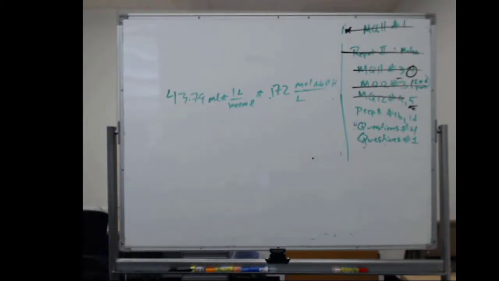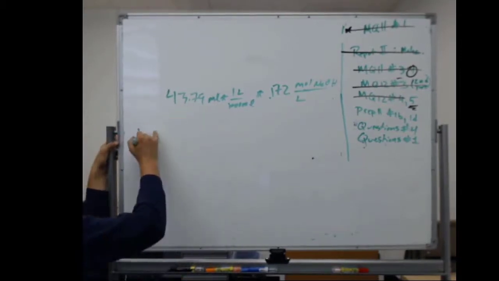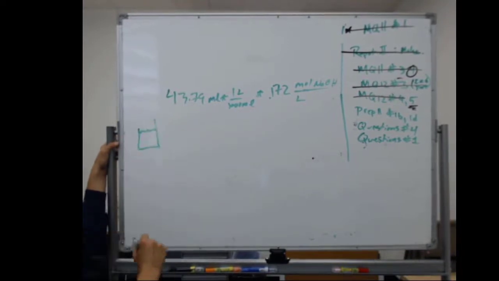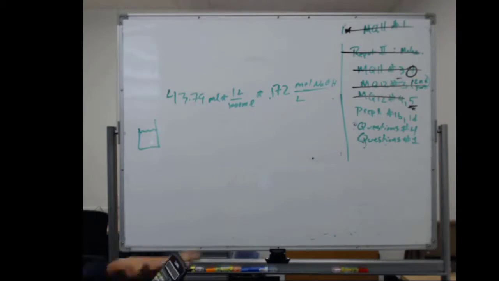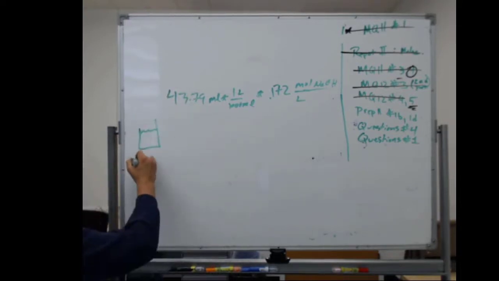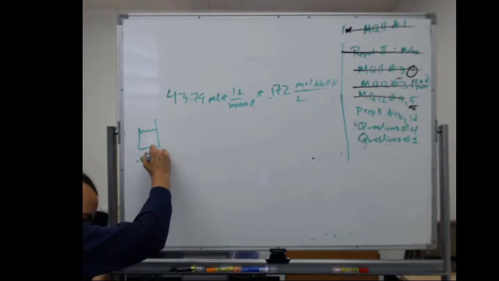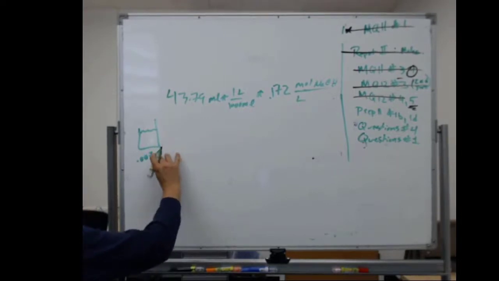This will give us how many moles are in a container, and we're going to have a visual to go along with it. I've got this container with a specific number of moles in it, and we're going to calculate that specific number of moles now. 43.79 divided by 1,000, times 0.172, and again, these are my numbers, yours might be slightly different. That's going to give us 0.00755516